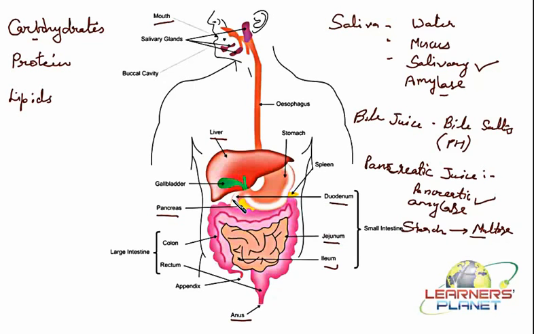Fine. Now further, the further part of this small intestine is highly coiled, and it is the jejunum and the ileum. In these regions, as we are saying, it is highly coiled, it has finger-like projections, it is supplied with so many blood capillaries, as well as a thin membrane. So one of the major functions here is absorption.